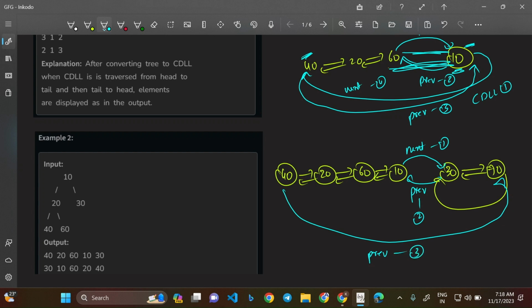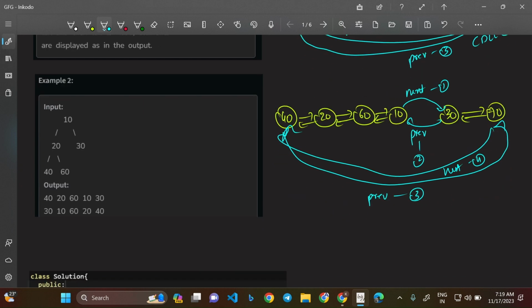And what's the other transition? 70's next should be connected with 40. So I'll just erase this particular point. So 70's next would be 40. So these are the 4 transitions that I'm going to do. And at the end of the day, my CDLL will be looking like this: 40, 20, 60, 10, 30, 70,